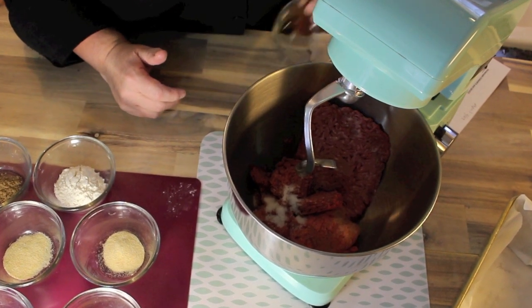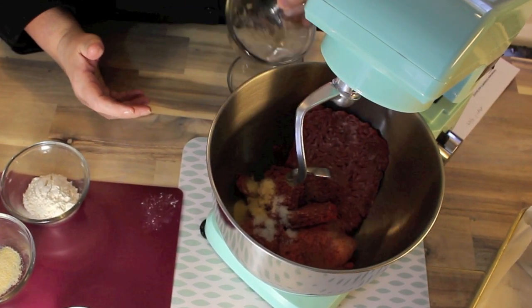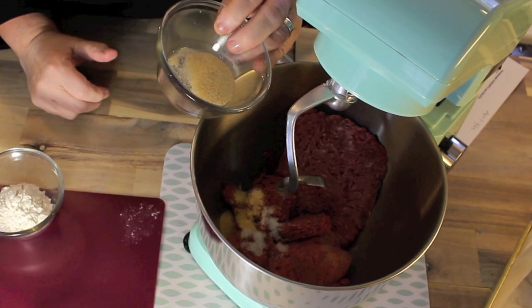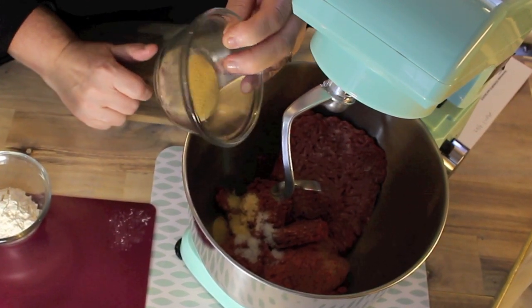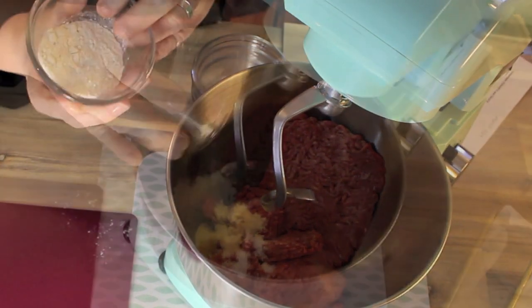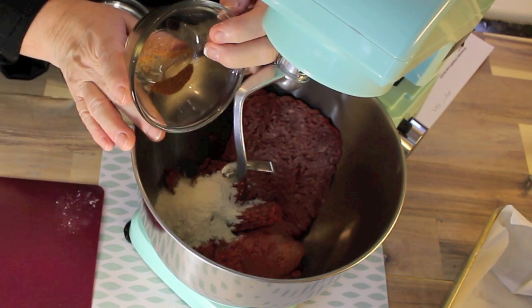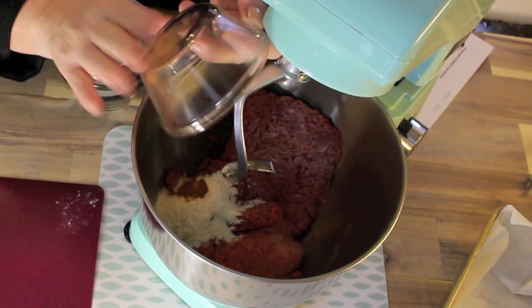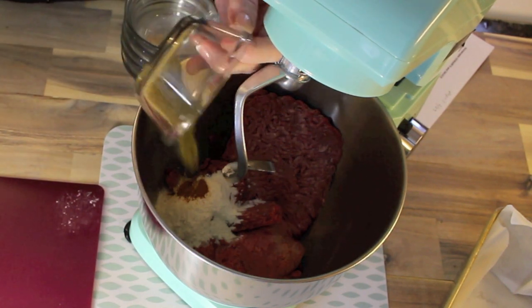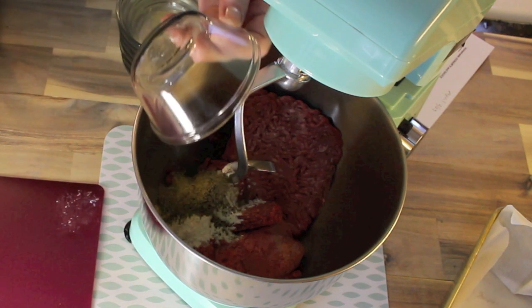1 teaspoonful of sea salt or salt of choice. I'm going to be putting in there 1 teaspoonful of ground garlic, or you could use garlic cloves. You could use 2 garlic cloves. We got, and that was 1.5 teaspoonfuls of garlic and 1 teaspoonful of onion powder, because it's got a little bite of garlic in here, so we want to make sure we got a little bit extra. So that was 2 tablespoonfuls of flour. Now I've got here 1/8 teaspoonful of cayenne pepper. You could use more if you like to have it a little spicier, and that is totally up to you. I got 1 teaspoonful of Italian spice or seasoning. Now 1/2 teaspoonful of pepper,